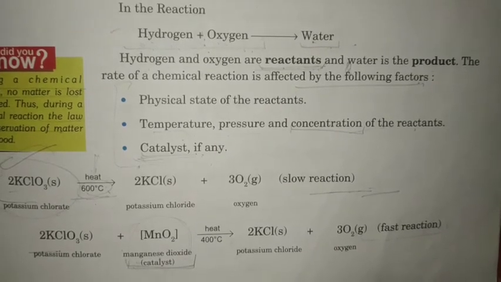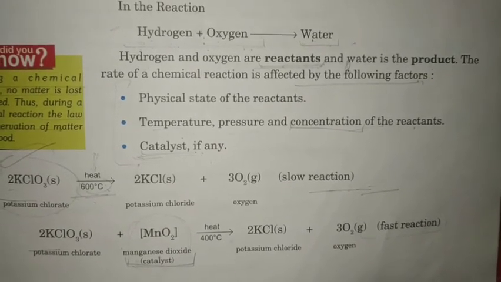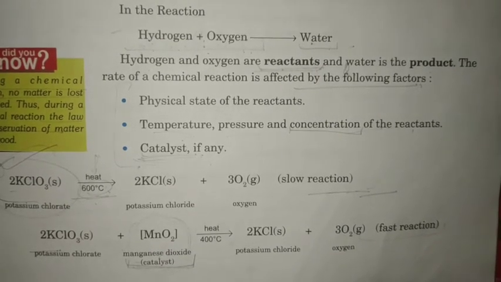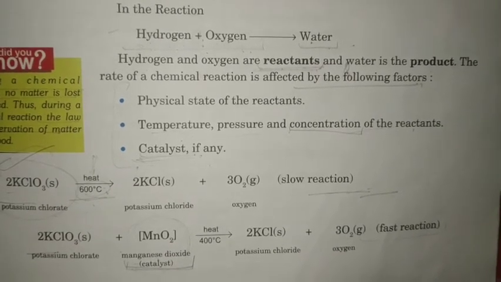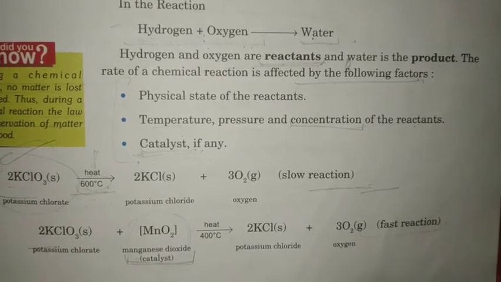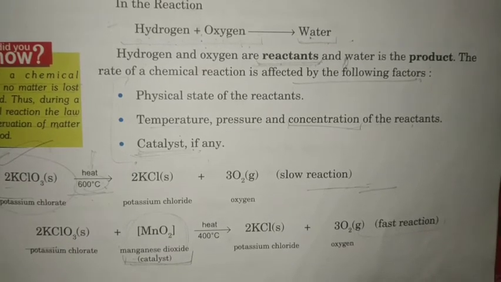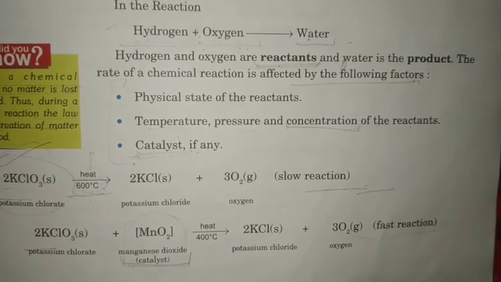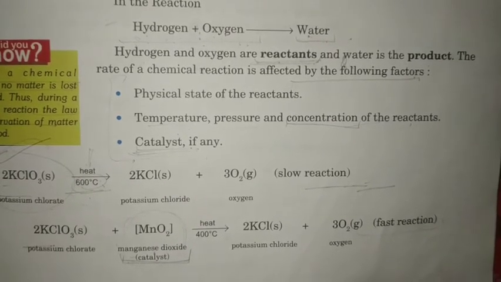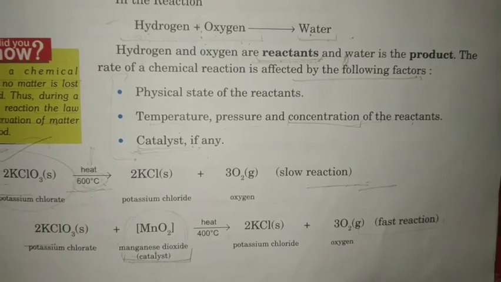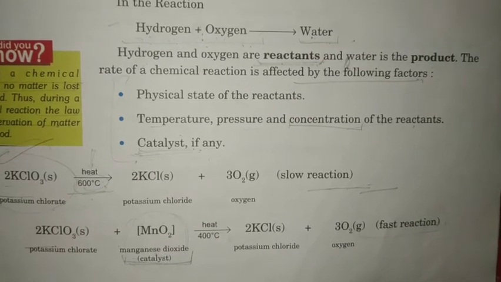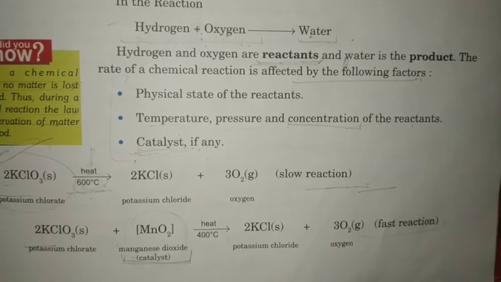So if you want this reaction to proceed fast, or if you want to increase the rate of the reaction, then you have to add a catalyst, and that is manganese dioxide. So potassium chlorate plus manganese dioxide, if you supply heat at 400 degrees Celsius, forms potassium chloride and oxygen gas. So this reaction proceeds fast, and manganese dioxide acts as a catalyst in this reaction as it increases the